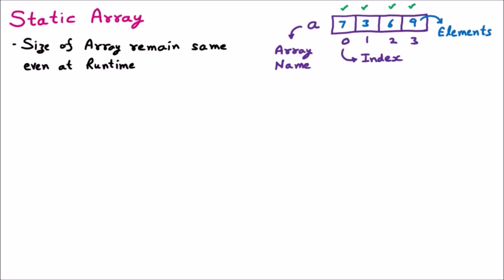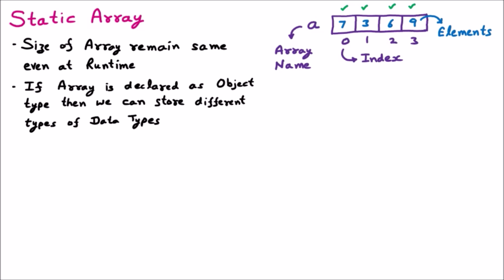We know that an array is a data structure of the same type. Let's say we can store integers, we can store floats, meaning all the elements should be of the same category. Just like here we have used 7, 3, 6, 9, so they are all integers. So this array is of the same type of values, but if we declare the array of object type, then the array can store any type of data.